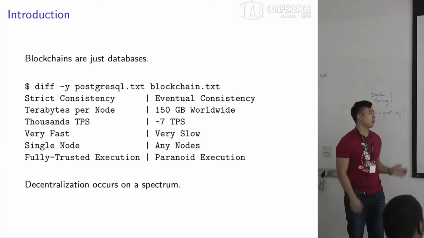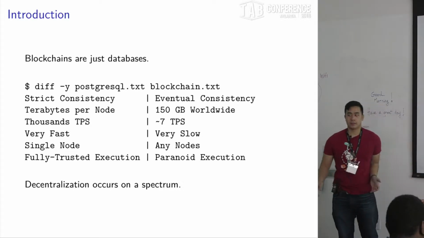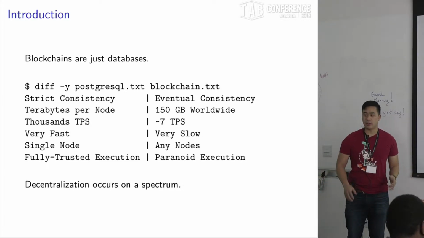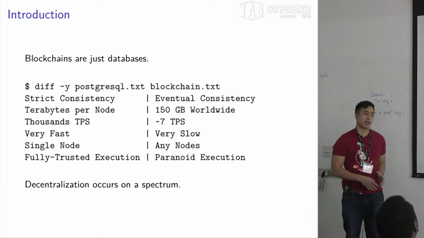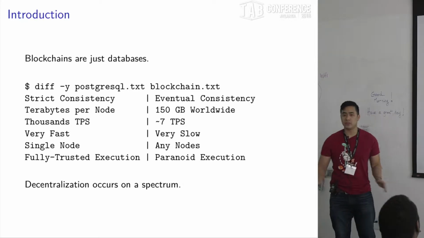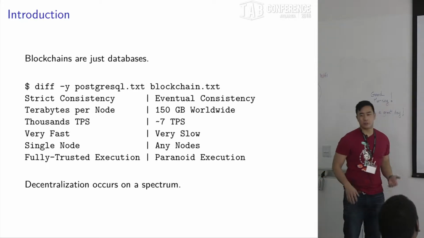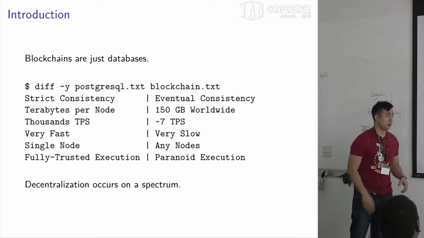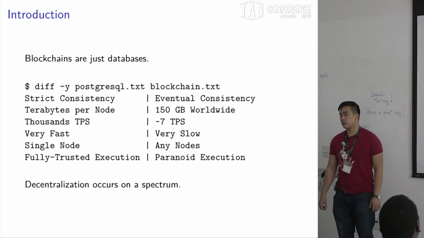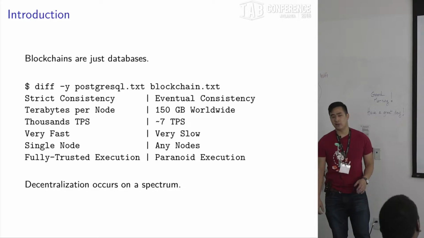meaning that you can have a really, really centralized, like a good old IBM 360 style mainframe with databases just running on that one machine, right? You're gonna have a cluster of Kafka nodes, you have a cluster of Hadoop nodes, right? Or you're gonna have blockchains where anyone runs anything on that blockchain as long as they are federated into the network. So that definitely occurs on a spectrum, and the recurring pattern you may see if you evaluate blockchain